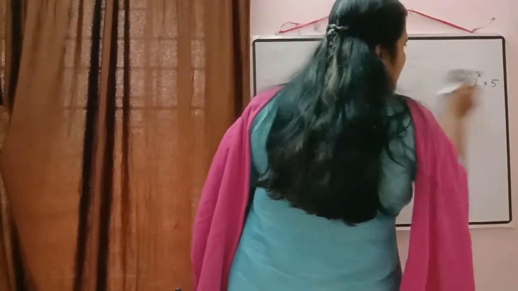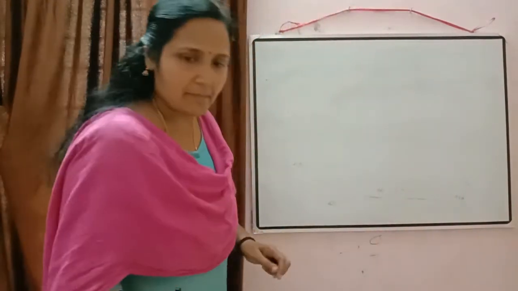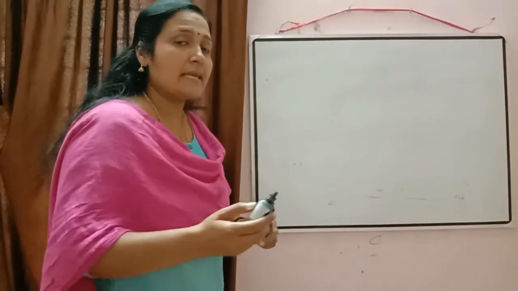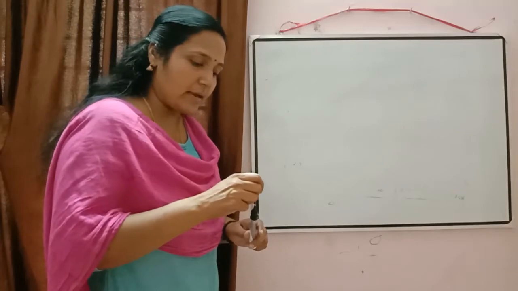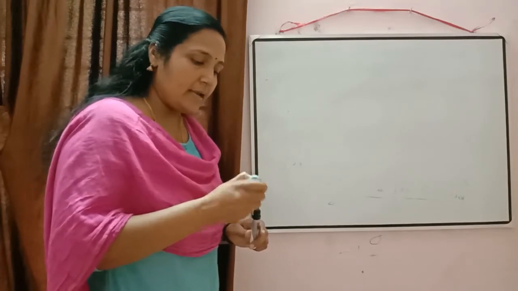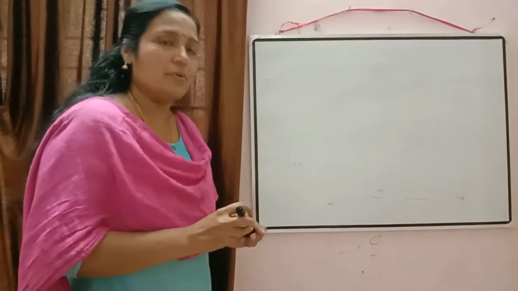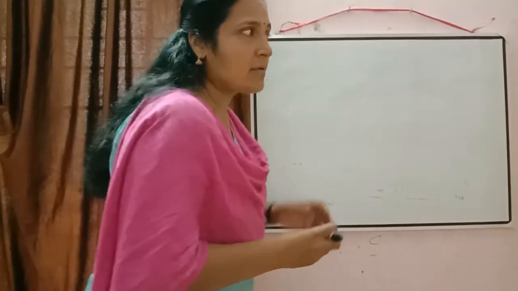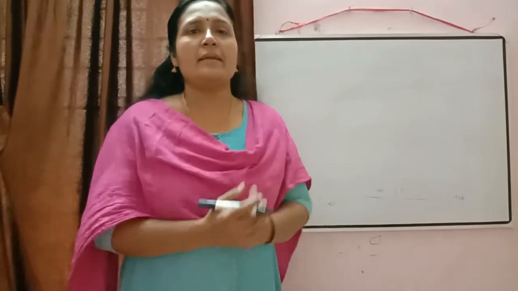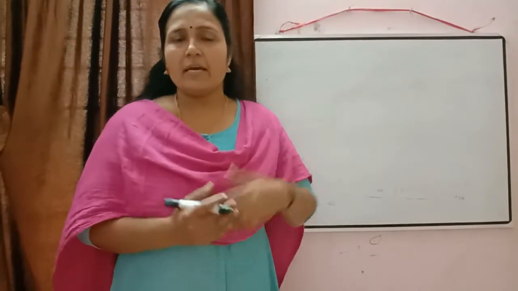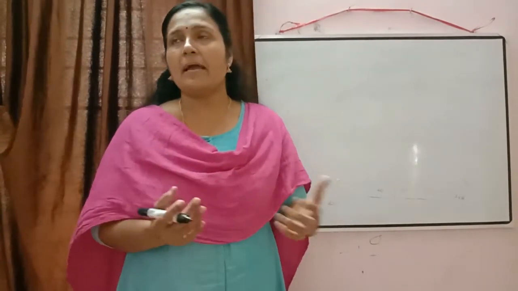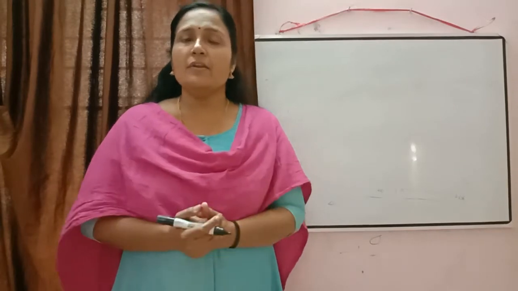Correct? If each observation is multiplied by 2, then variance will get multiplied by 2 square. But while taking the standard deviation, again we will take the square root and it will be equal to 2. So this can come for 1 mark also, like a mean of 20 observations is 5. If each observation is multiplied by 2, what will be the new variance?